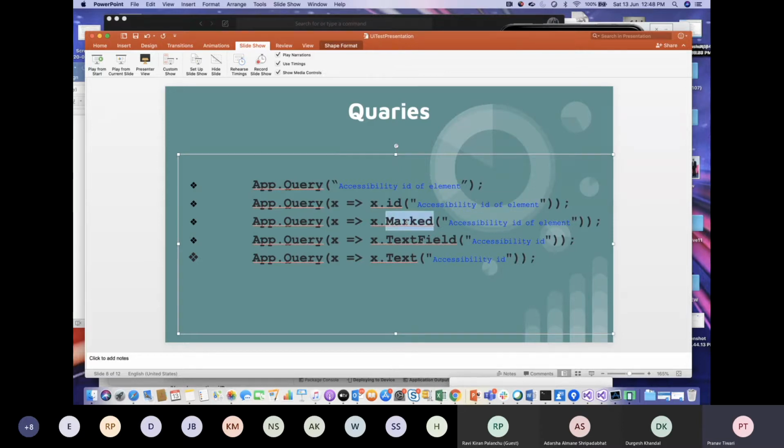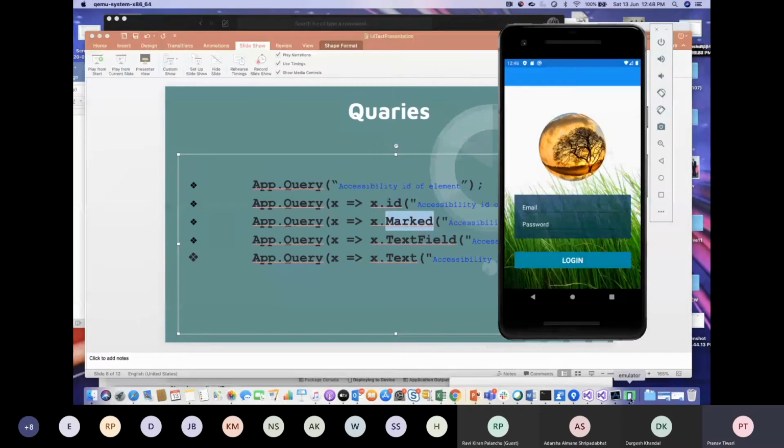The third thing can be x.mark. So what x.mark does, it will try to search for the IDs. If it's not able to get that particular ID, it will again try to search for the text. Suppose if we see this application, here we have given the login button.